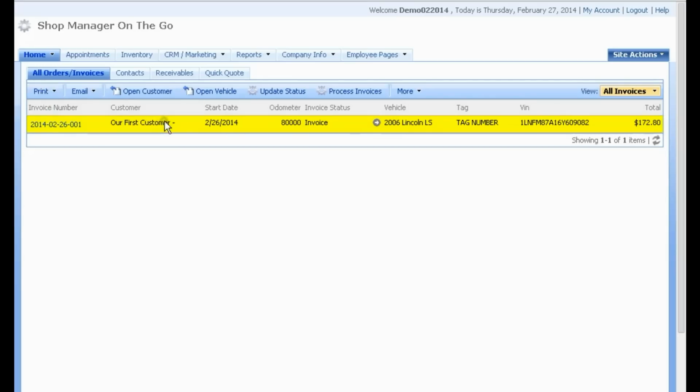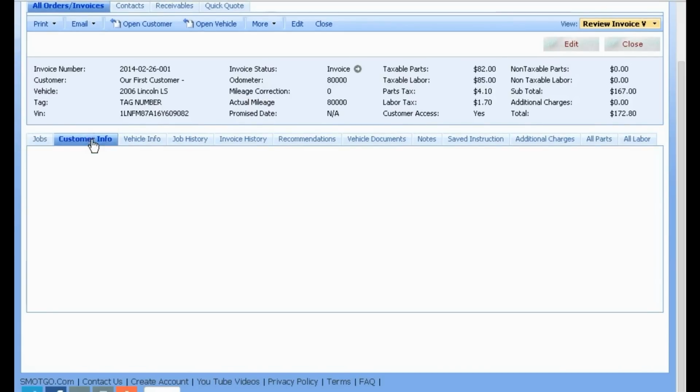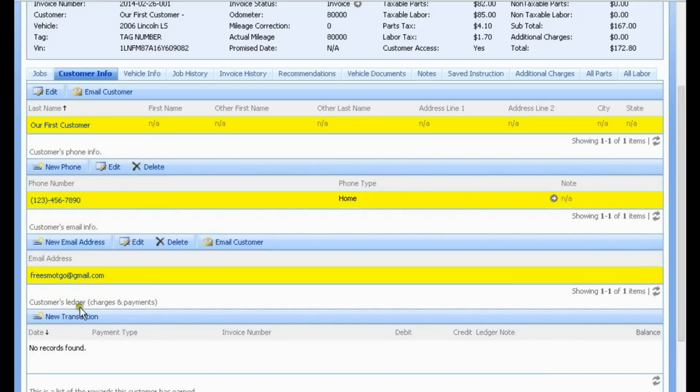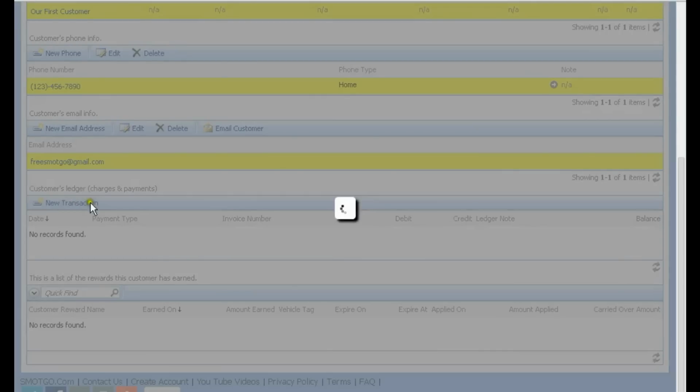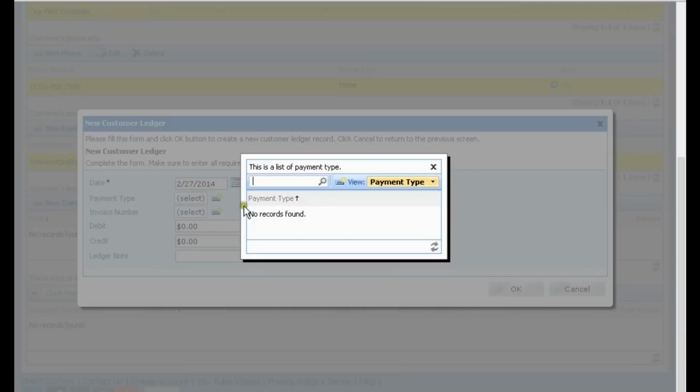Once the customer's paid this, we can enter payment in this invoice. Here under the customer information is their ledger. Now if you want the payment to show up in the invoice, you put it in here first, and then it'll print. If you notice, the last invoice we printed did not have any payment information. Let's just go ahead and